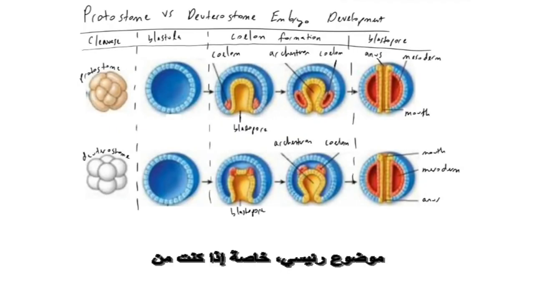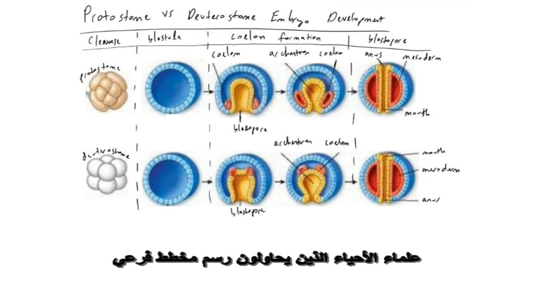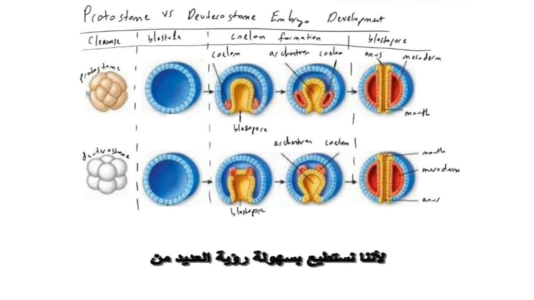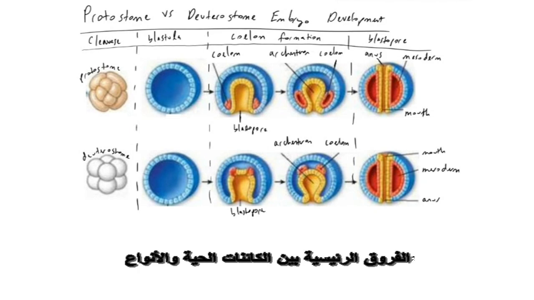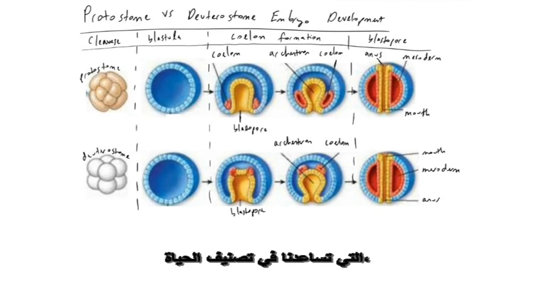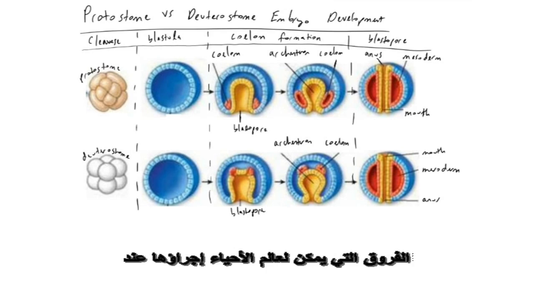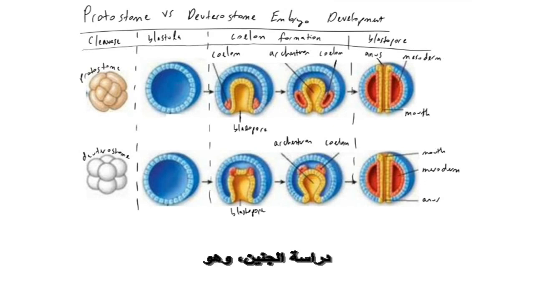Embryo development is a major topic, especially if you're a biologist trying to make a cladogram, because we can very readily see many key distinctions between organisms and species that help us classify life. And so what I'm going to do in this video is walk through one of the biggest distinctions that a biologist can make when studying an embryo, and that is determining whether or not it is a protostome or a